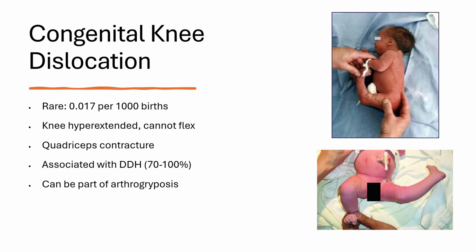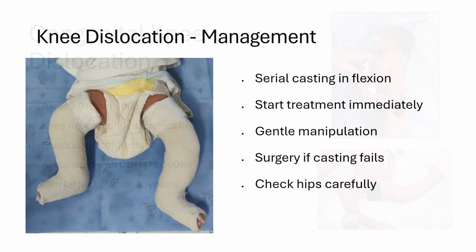The condition can also present as part of arthrogryposis, where multiple joint contractures affect the entire body. Understanding these associations helps you recognize that congenital knee dislocation rarely occurs in isolation, requiring comprehensive evaluation of the entire musculoskeletal system. Management of congenital knee dislocation requires immediate intervention because delayed treatment leads to progressive stiffening that becomes increasingly